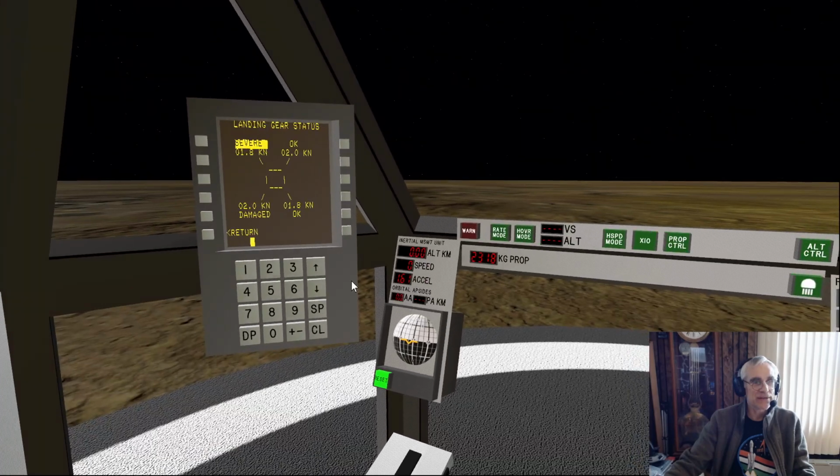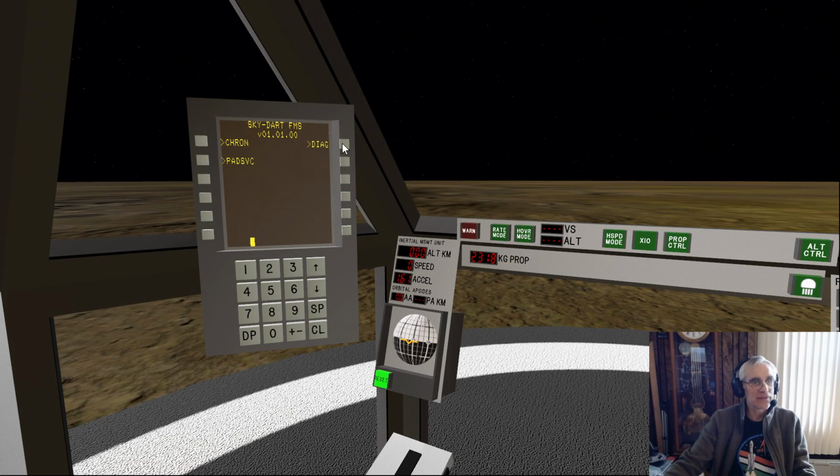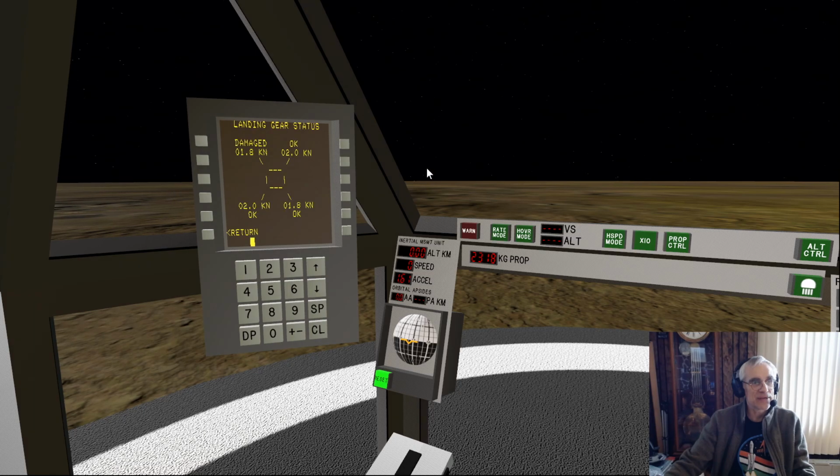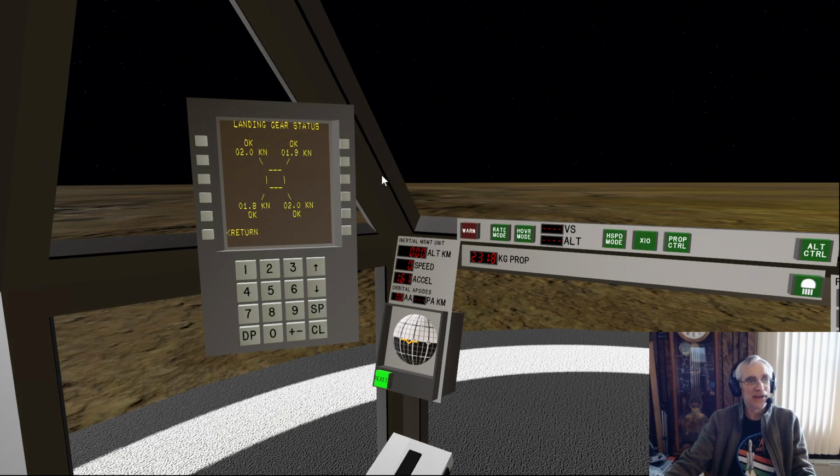We're back at our starting landing pad, I think. Let's go back and look at the pad surfaces. Yes, we're at landing pad 0:0. That's the default landing pad. That landing pad actually has a repair service available. If I click on that, I can go back and look at the diag on the landing gear, and we can watch as the damage slowly gets repaired. It was severe, now it's just damaged, and now it's okay. Very nice.